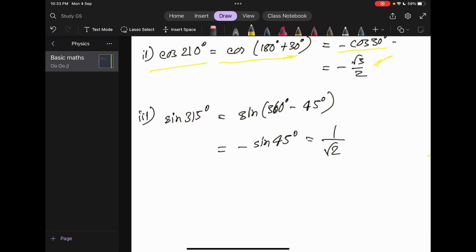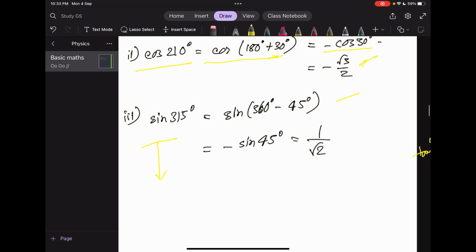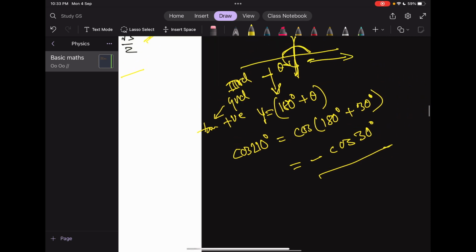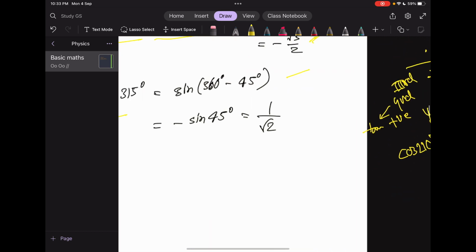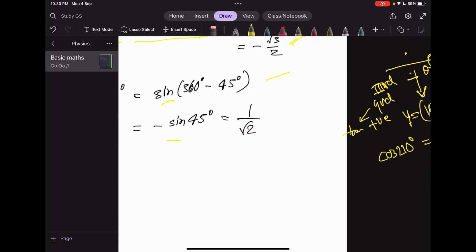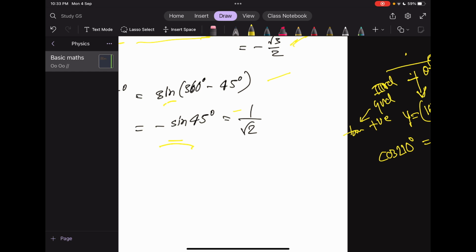and now I have to find out the value of sine 315 degree. In case of 315 degree, that is nearby 360 degree. So I can write sine of 360 degree minus 45 degree. So it's in the fourth quadrant. In case of the fourth quadrant, only cos is positive. So the value of sine must be negative. So minus sine 45, it must be negative,